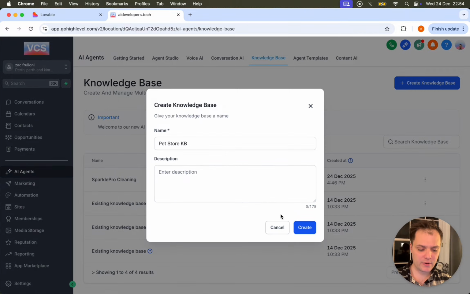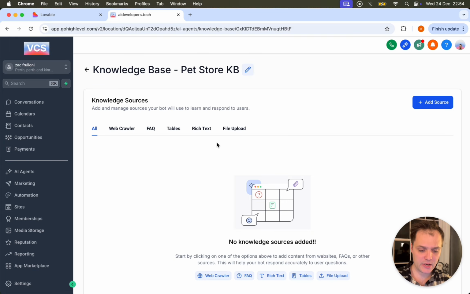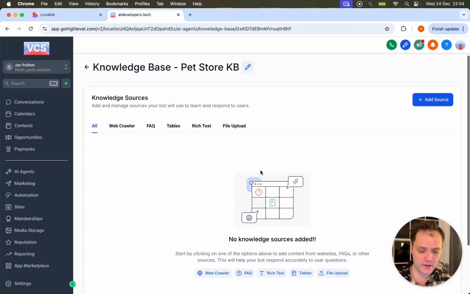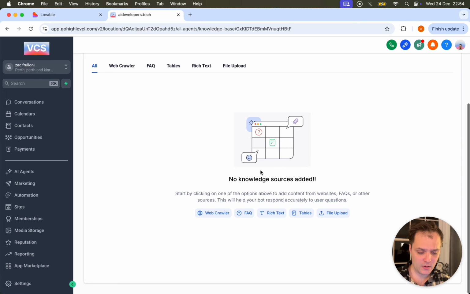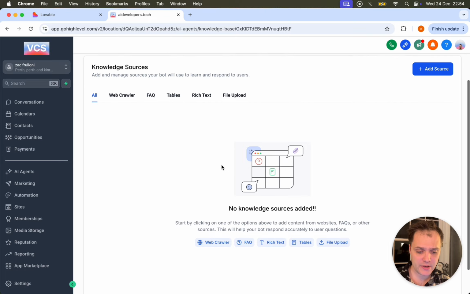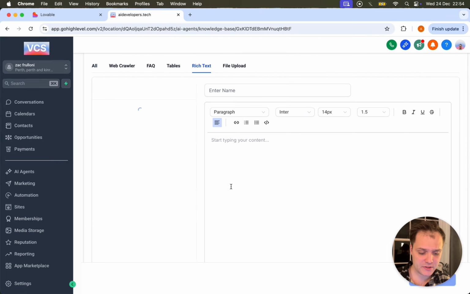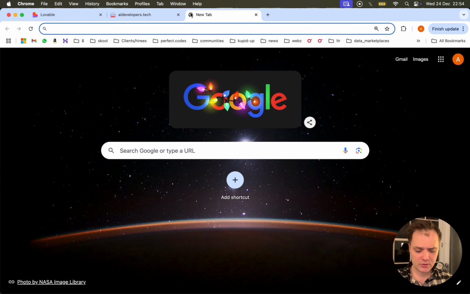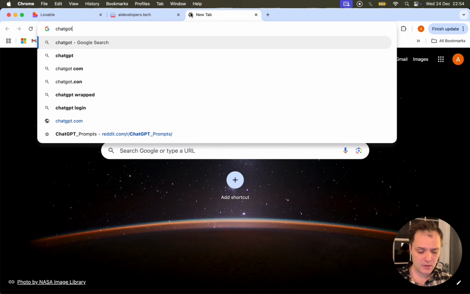It's not required. And once we've created the name, we can then actually decide how we provide information to our knowledge base. I'm just going to go ahead and click on rich text here. Now, what I suggest you do now is go to ChatGPT or any large language model of your choice, and